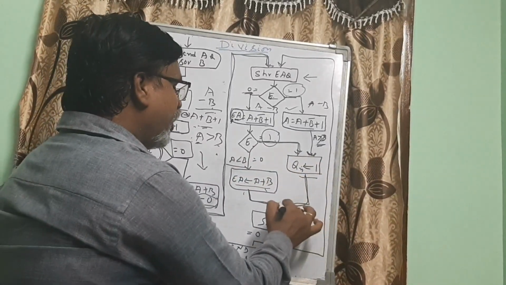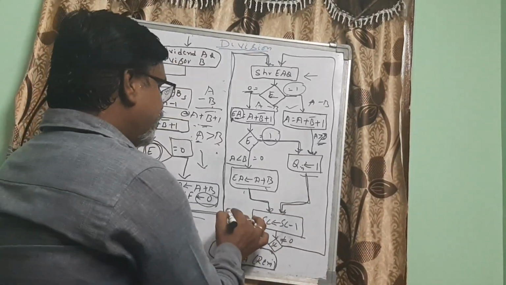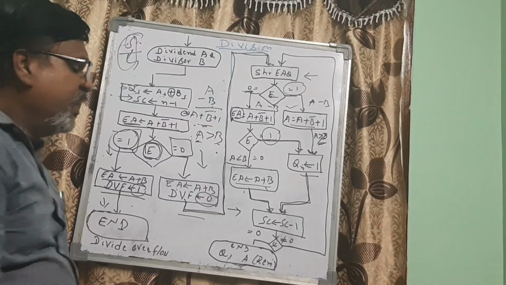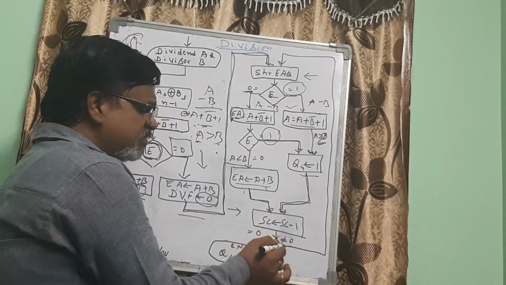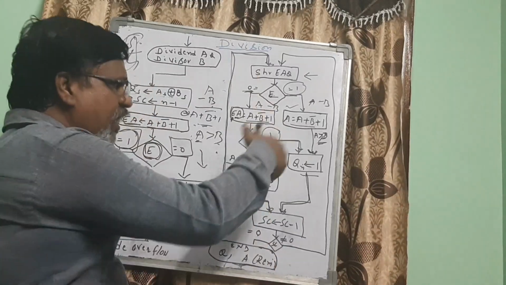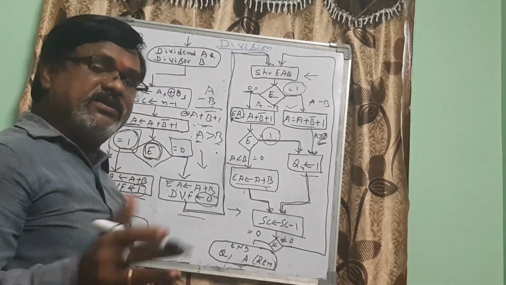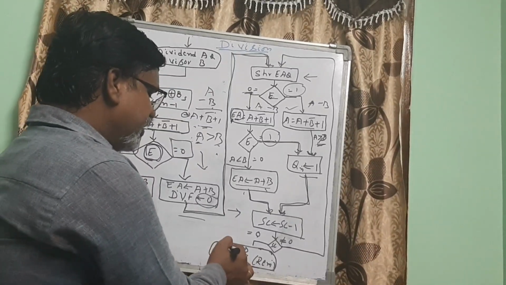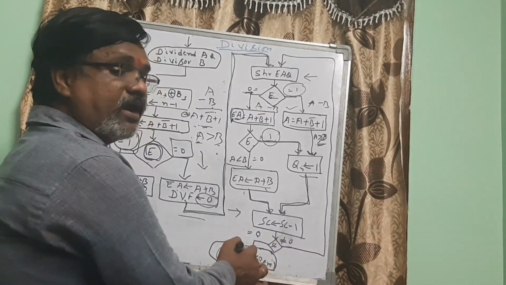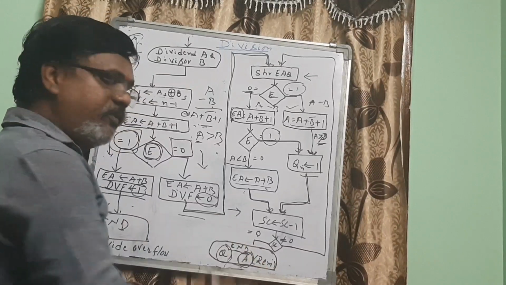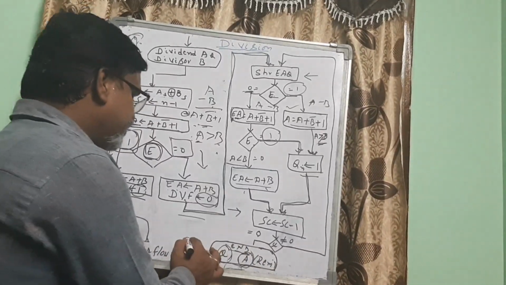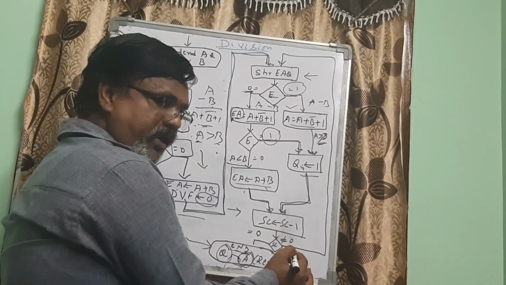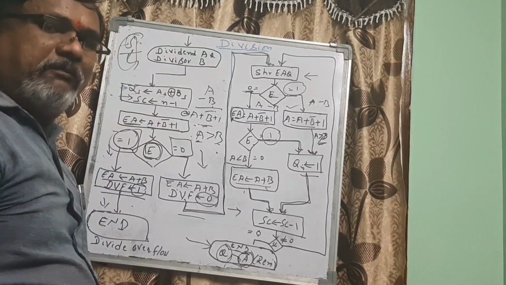After performing this operation, either EA = A + B, or after setting the Qn value to 1, we decrement the value of SC by 1. If the SC value is equal to 0, the number of repetitions or subtractions is over, and the quotient will be in Q and the final remainder, not the partial remainder, will be stored in EA. So the quotient is always in Q, and the final remainder will be in EA. If it is not equal to 0, we still need to perform the comparison once again.